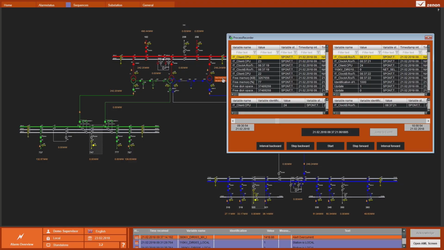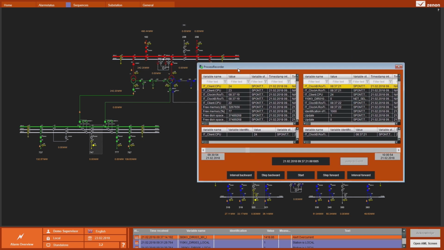Yes. I have an energy project, but it's valid for any kind of manufacturing process. Here I have already recorded some data. You see a process recorder screen. It has 4 lists. Here you see the events that will happen after the current timestamp. You see here the current timestamp, so this is some time in the past. You see also a timeline.